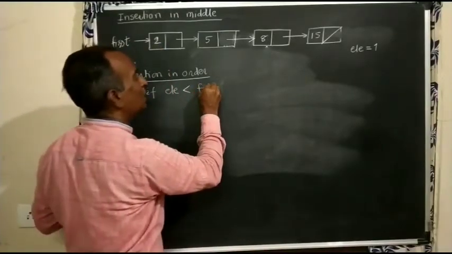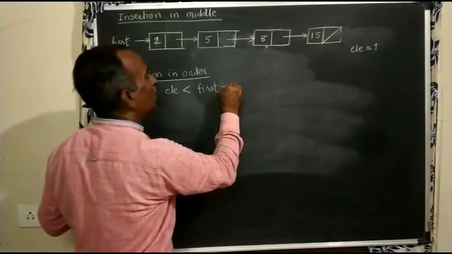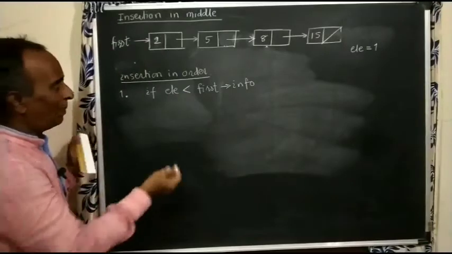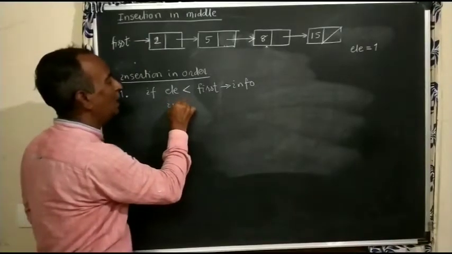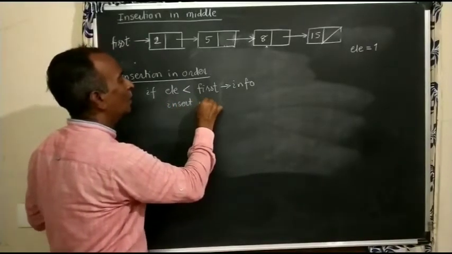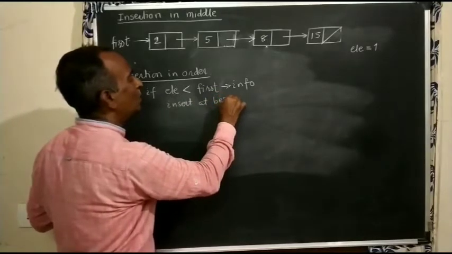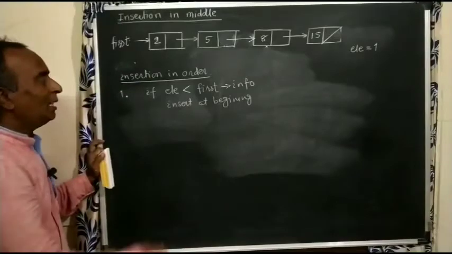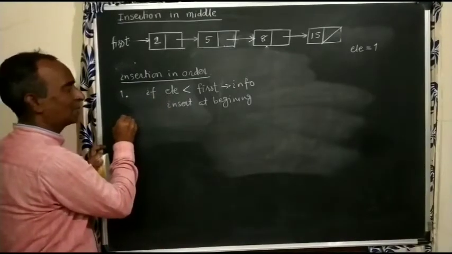So how to access the first info field? If this is the case, then insert at the beginning. Whatever links we have to adjust, you have to adjust. If this is not the case,